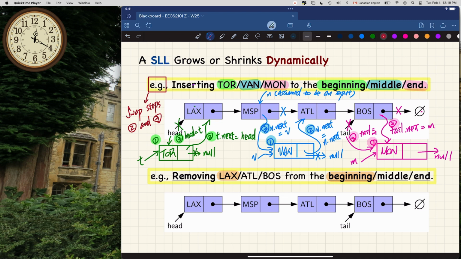Okay, step number 1, we don't need any new node. It's about removing, but we need a temporary reference. And when you design the algorithm for linked list, you can have as many temporary variables as needed. So for the first one, I'm going to have some temporary variable, just call it temp. Temp is just an alias for the head. So I'm going to put it right here. All right, that's going to be useful. All right, that's the first step. And step number 2,